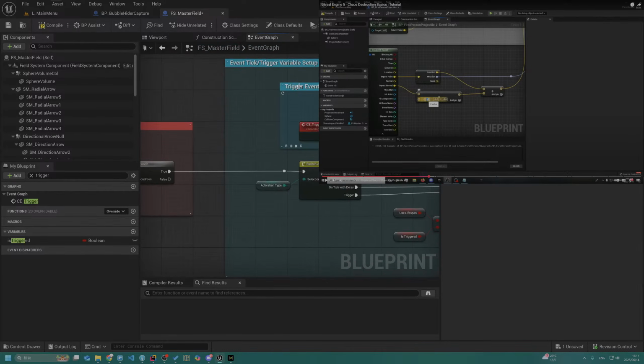So I want to trigger the custom event in C++, but it is not a native event of C++, so kind of hard.